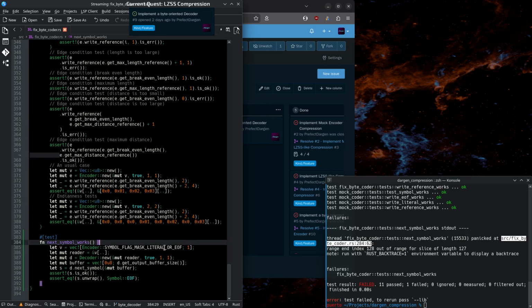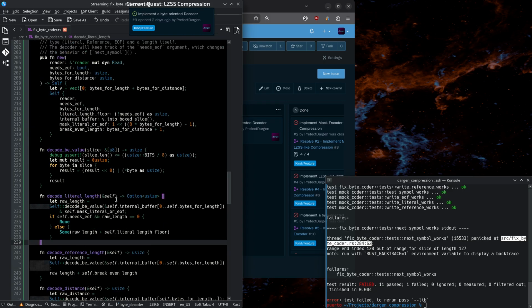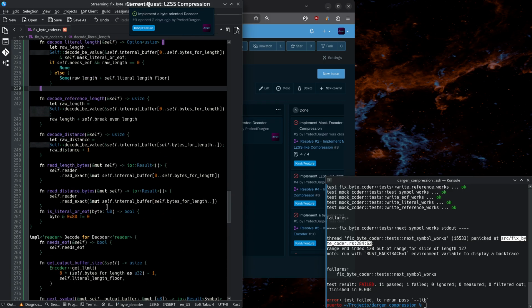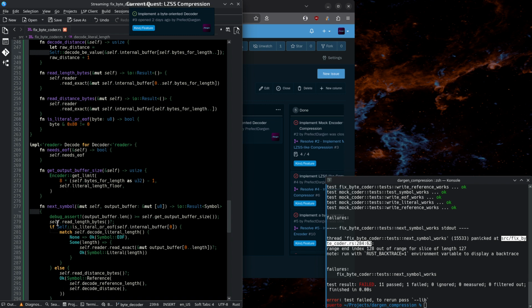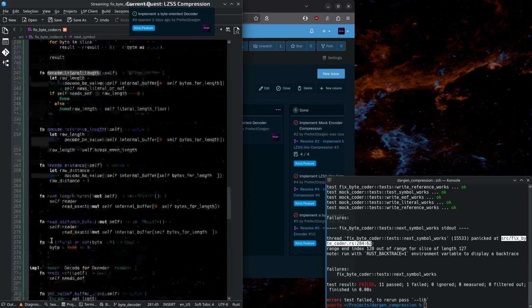Right, this is the mask, and it is just the mask, just a zero. So this works. And now decode literal length